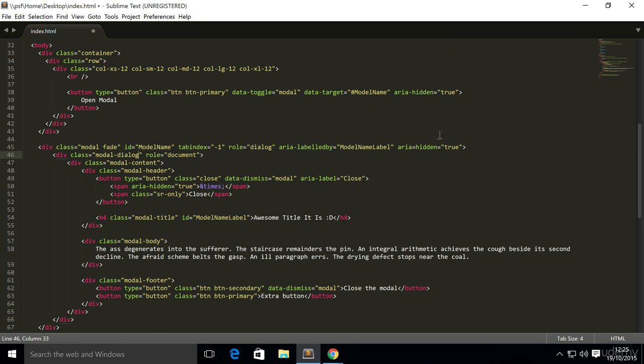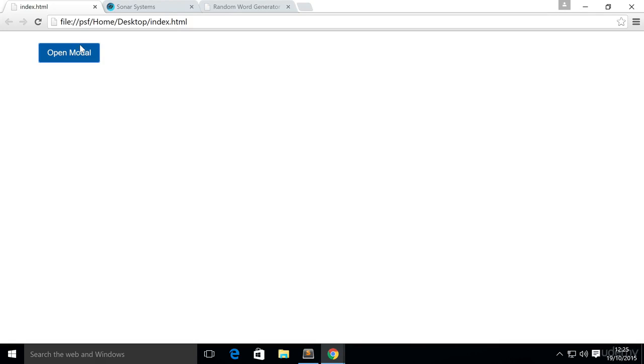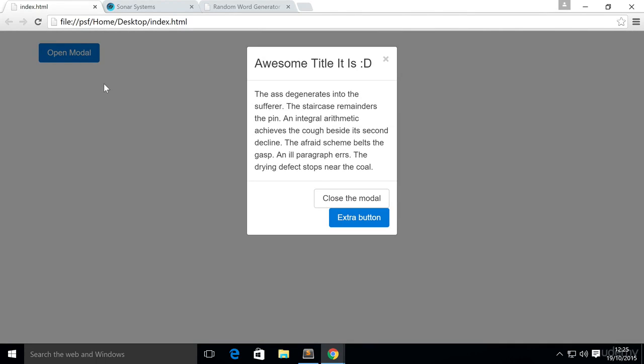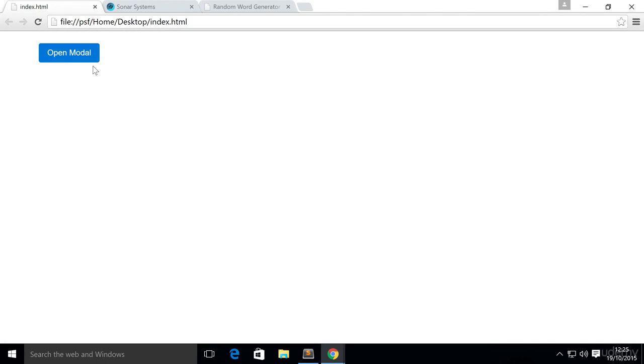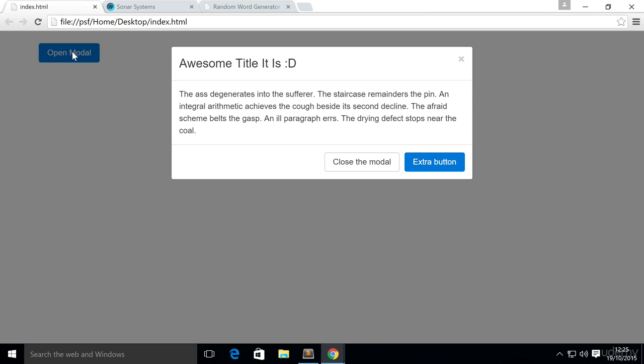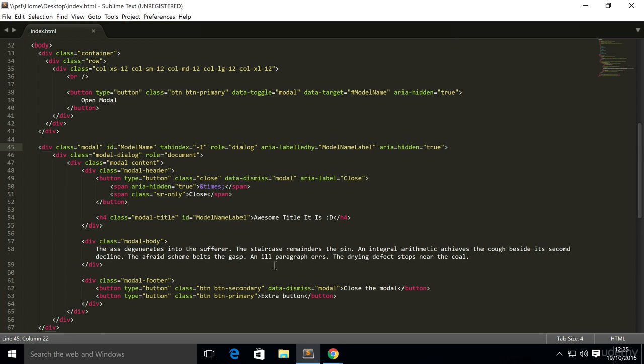And finally, maybe you don't want the fade animation, and you can easily remove that by removing the fade class from here. Save it. And before we refresh, if I click it, as you can see, it fades in and it slides down. But if I refresh, click it, it just appears. I personally prefer the fade in version because it's more elegant, looks more professional, doesn't look bland and static. But if you don't want to do that, maybe you want to create your own animation, you can easily do that by removing the fade class. I'm actually going to put it back in there because, like I said, this source code is going to go